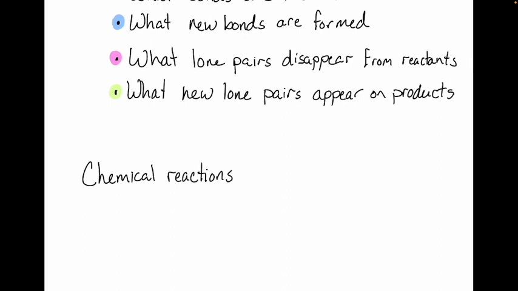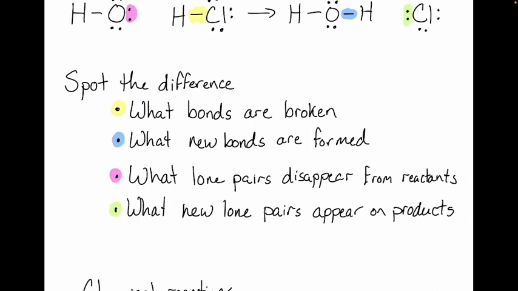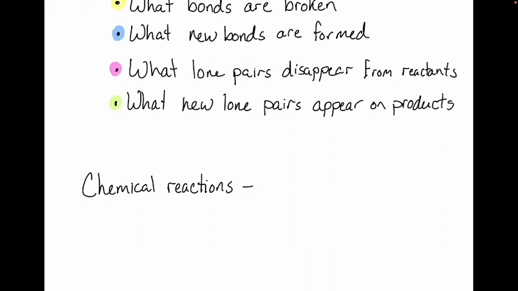Right? And like we said, we're kind of laying the groundwork now. We're kind of building up our tool chest to be able to talk about chemical reactions. But chemical reactions, as we can see from the above, is just the making and breaking of bonds. That's all a chemical reaction is. You make bonds, you break bonds. Okay? So make and break